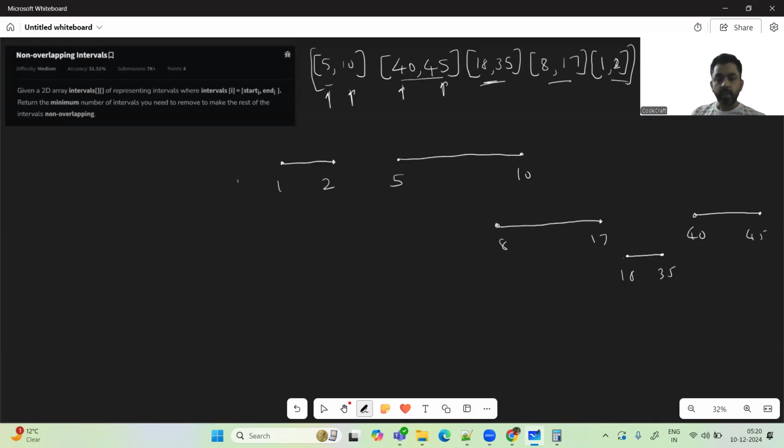So these are the intervals I've documented. Now, if you see, which is the overlapping interval, basically? If you check this particular interval, it is overlapping with this particular interval, because it is starting before the previous interval has ended. So if we just remove this particular interval,